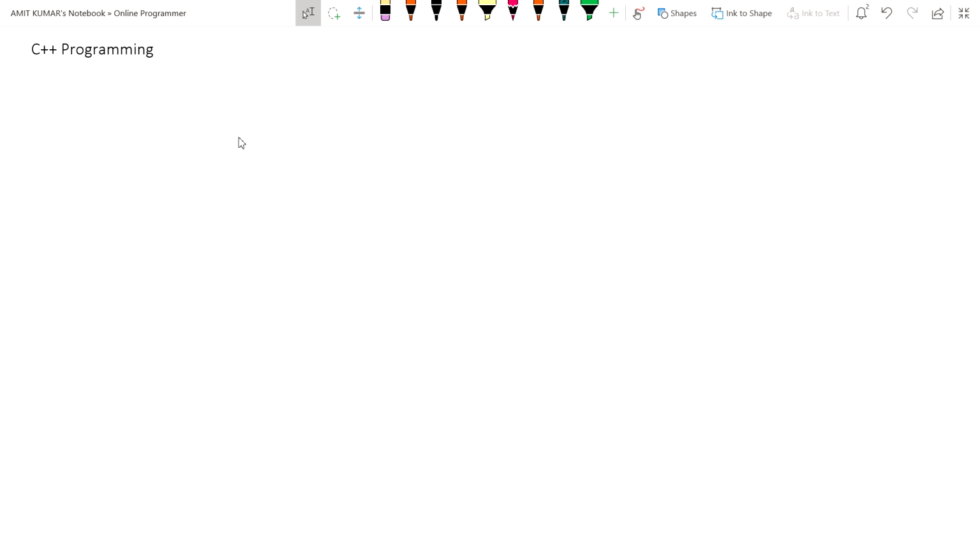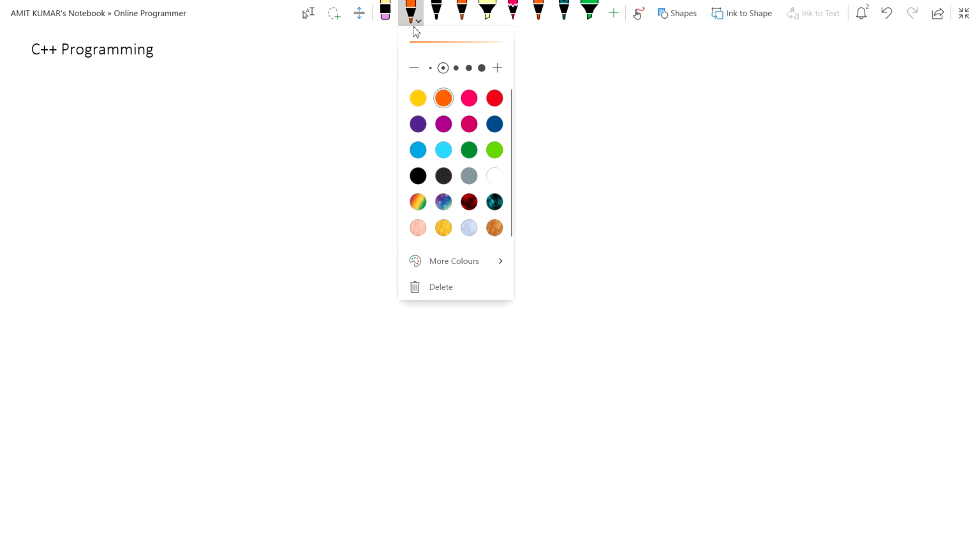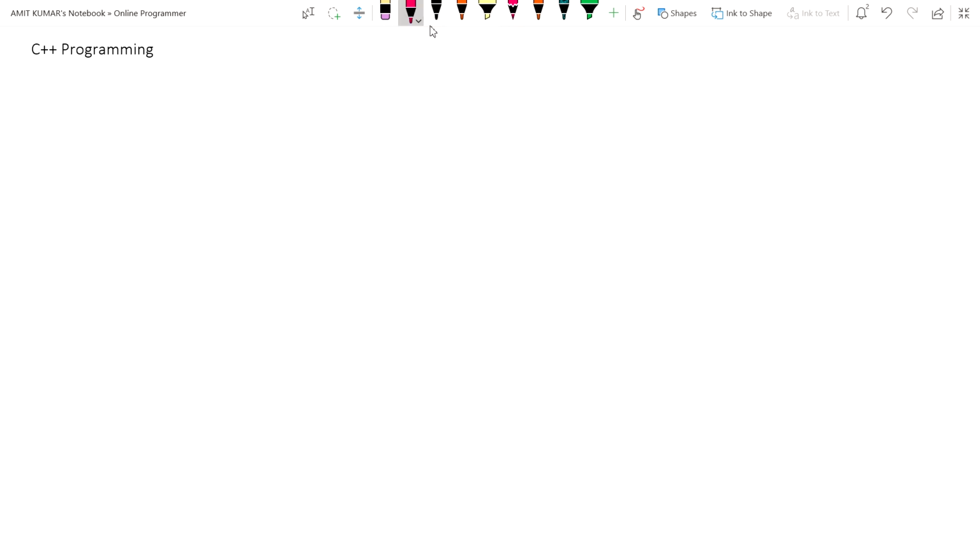C++ is a general purpose programming language, and it follows the concept of object oriented programming. As we move on in this course, there will be many concepts that will be clear to you. So don't worry if some things are not clear at this point of time.